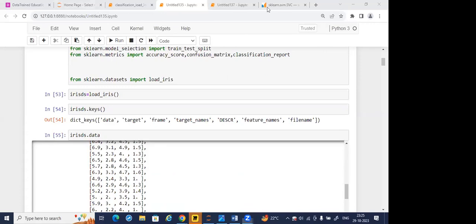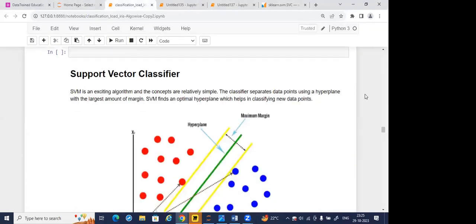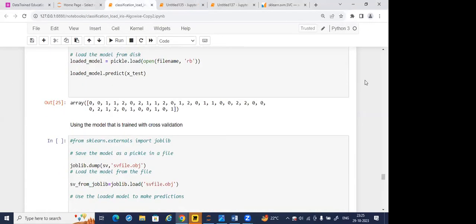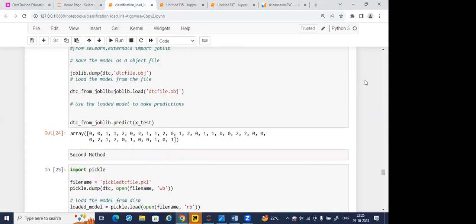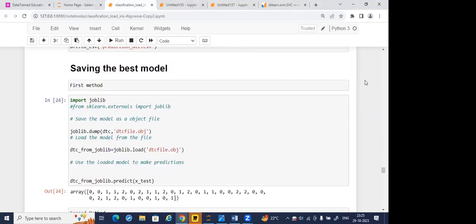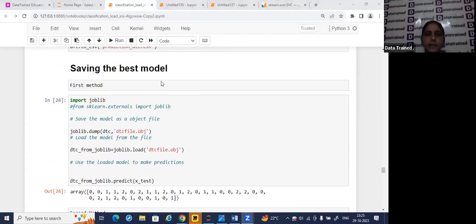Just wait here, let me check one more thing. Okay, now let's see. Here I had applied one data set, and on that one data set, a lot of algorithms. Now I want to save the best model. Which one is the best algorithm here? If you remember,